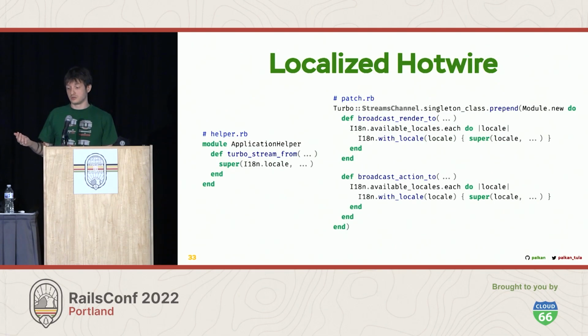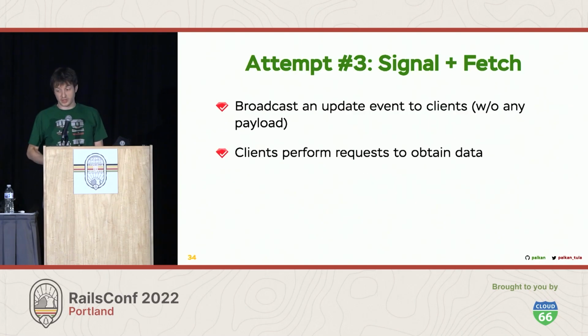A good thing is with Hotwire, for example, where you probably have encountered this problem, you can do that just by this simple patch. Just prepend the streams. I have it, but I don't know what to put. You just prepend the streams of locale, and you just perform broadcasts to all available locales. Just 10 lines of code. And now your Hotwire app speaks English, Spanish, Russian, whatever. OK, let's move on to the next bad practice,